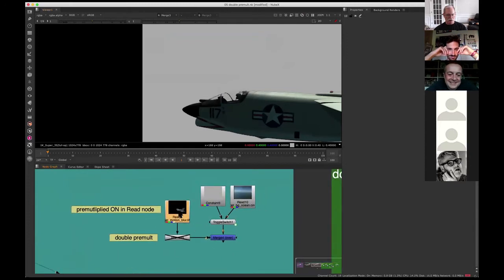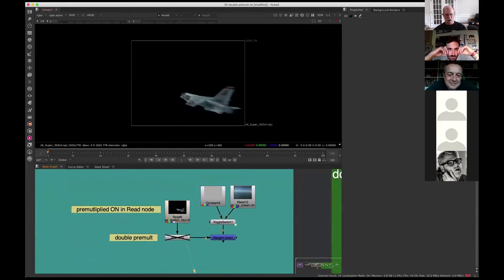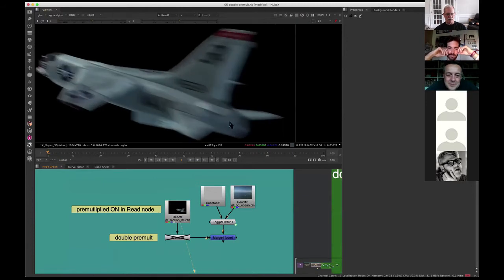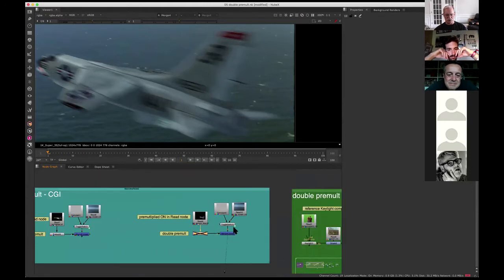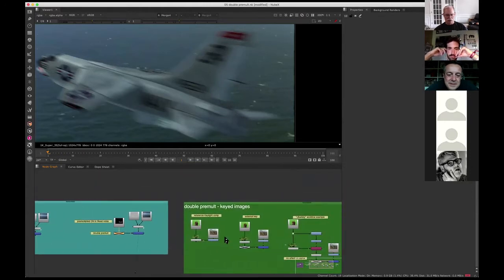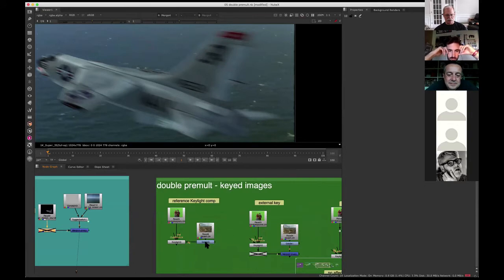And the read node, the key is that the read node is performing a premultiply in there. And if I accidentally get a double premultiply going, my CGI will introduce dark edges. Okay. You can also, obviously, do a double